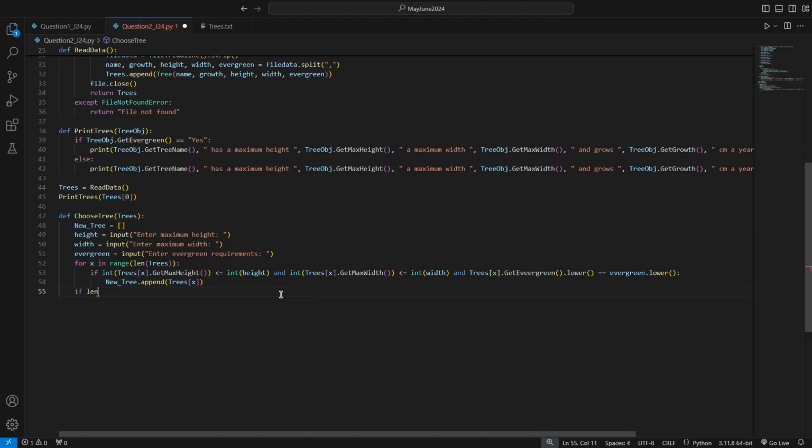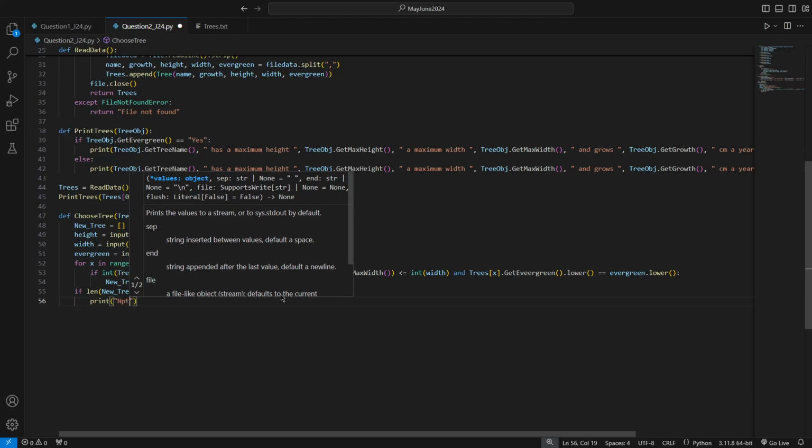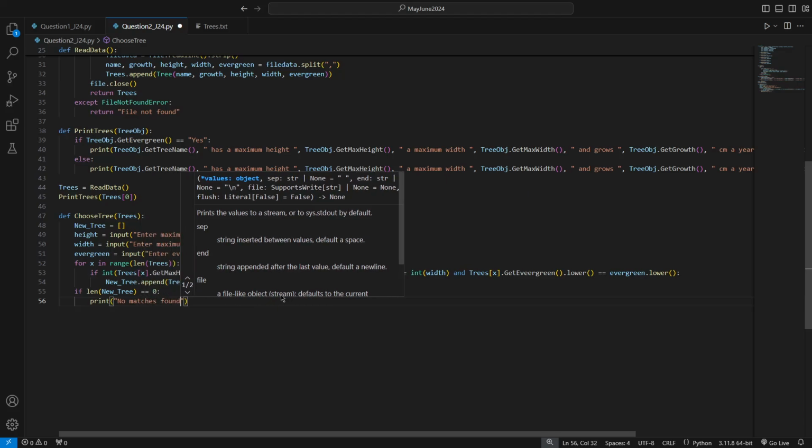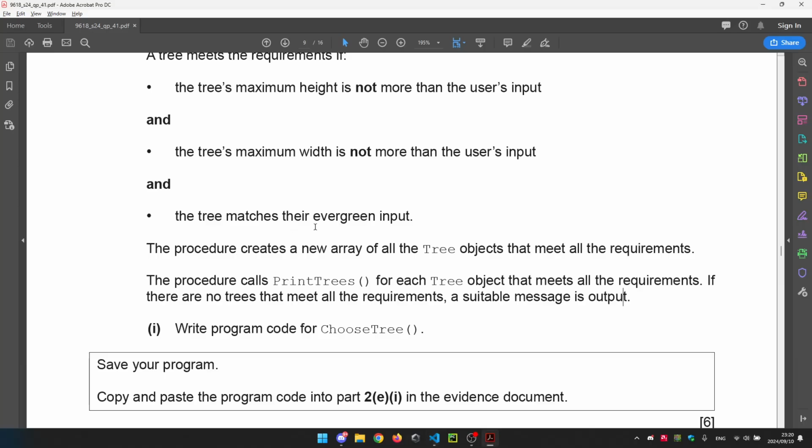So if length of new tree is equal to 0, we want to go ahead and print a suitable message that no matches found. And if it's the opposite, we found a few matches, then what we need to do,